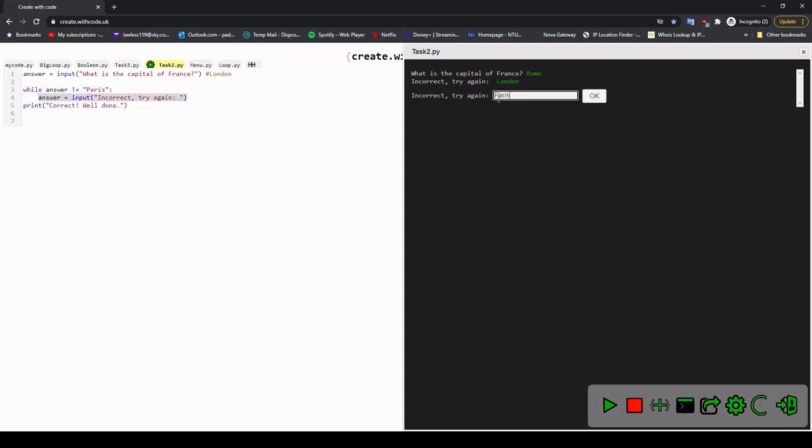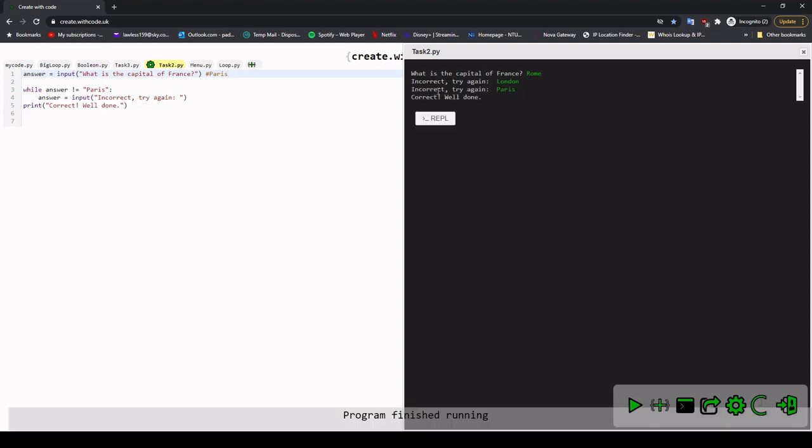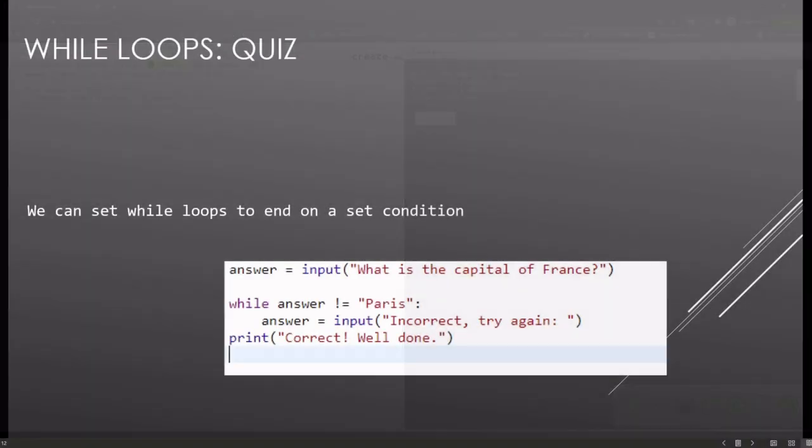So now let's enter Paris. So in a moment, this variable will equal Paris. If I click OK, the program tells me I've got it correct, well done. Because what's going to happen here is, while answer does not equal Paris, well now we know that answer does equal Paris. So this loop is breaking, so it doesn't print this because this is no longer true, and it prints correct, well done. So again, this is a simple way of creating while loops using those operating symbols from that chart. So if I switch back to the presentation now,